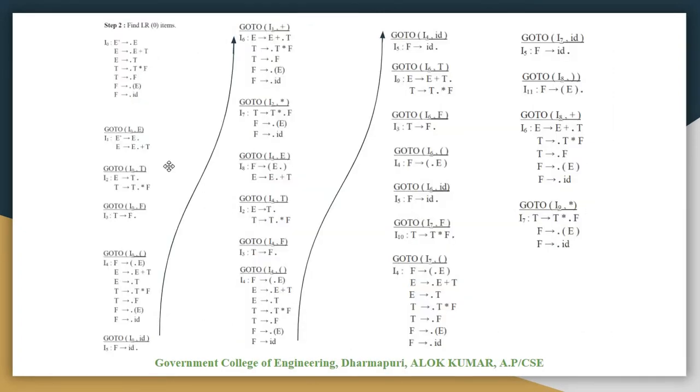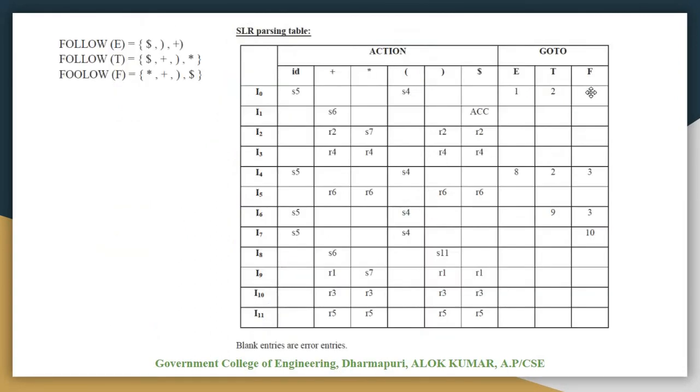After that, these non-terminals: because of this I0, E is there, here the dot is coming at last, here T is coming, dot last, here F is coming. So at T, E, T, F we will keep here 1, 2, 3 because of these items 1, 2, 3. In this manner we have completed the I0 entry.